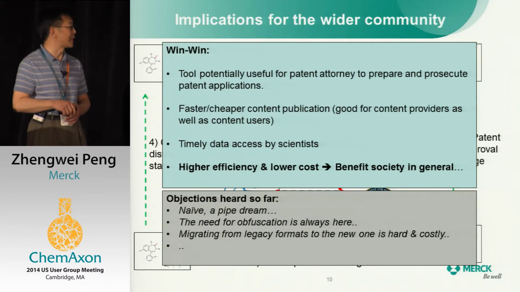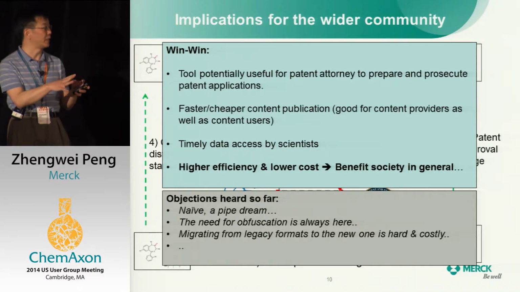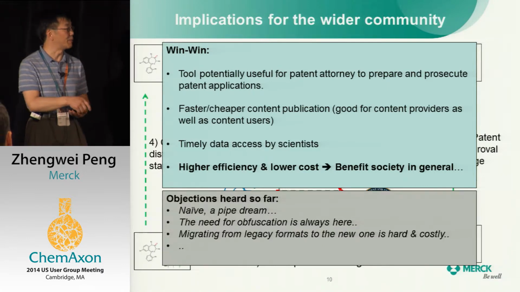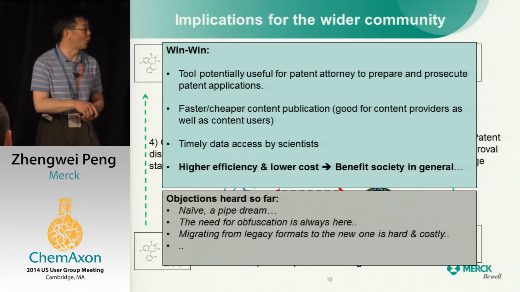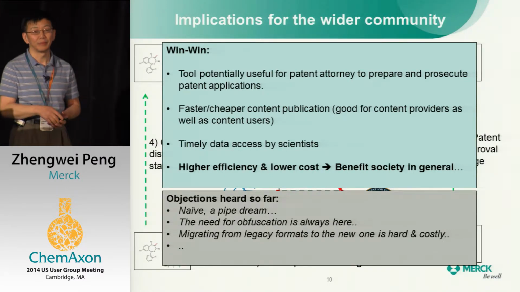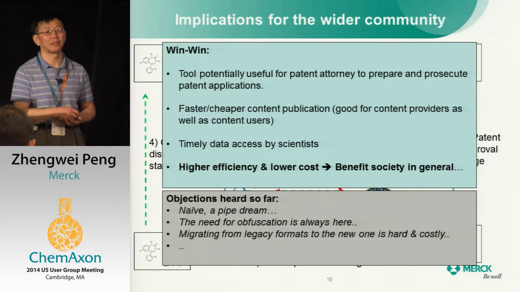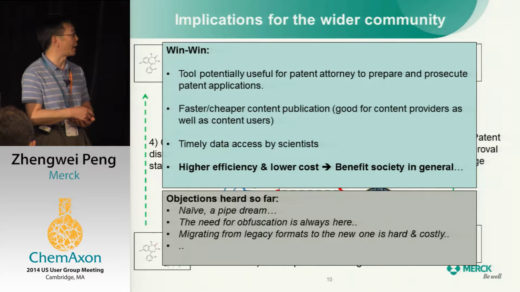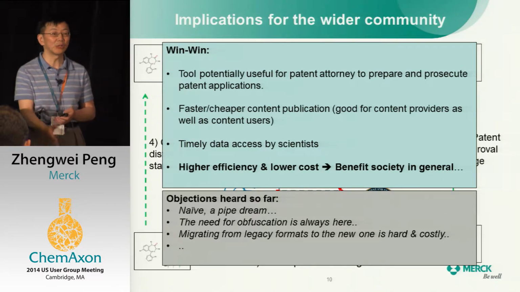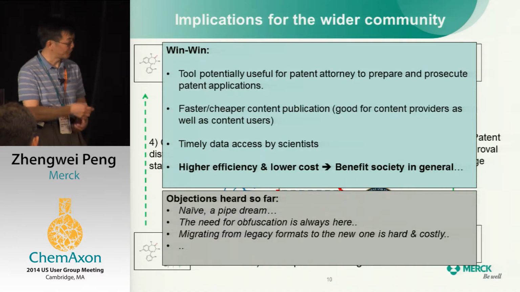And the third one is that CAS and also Thomson Reuters continue to be dominant players. They have all those Markush content in their legacy format, and maybe it's too costly or time-inhibiting to transform to the new environment. But that's okay, because the new engine provided by ChemAxon could coexist with the old existing engines by CAS and Thomson Reuters. If they don't have to convert, they don't have to convert. But all the new content could be in a new format and then shared by the community. That is sort of a pipe dream.